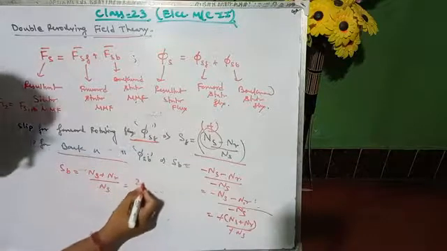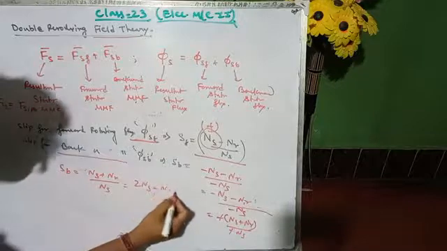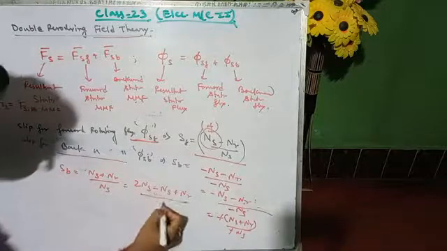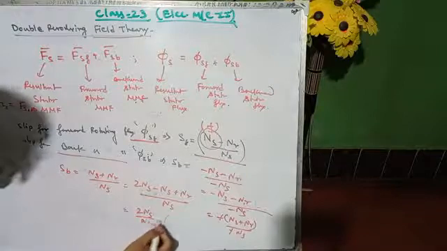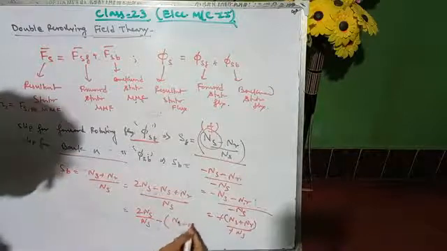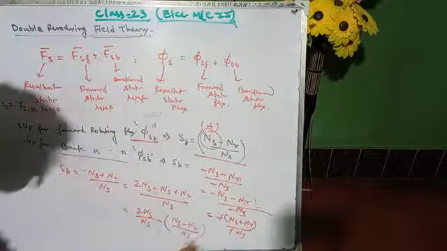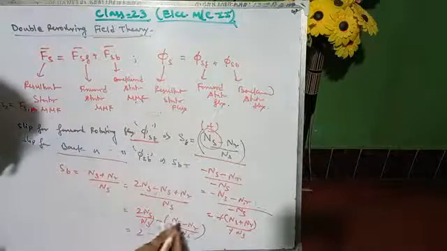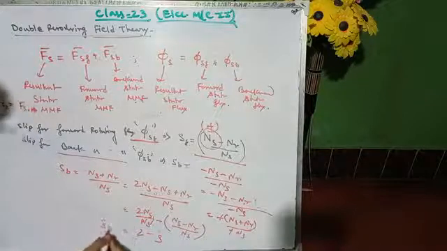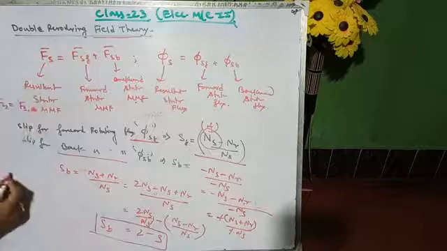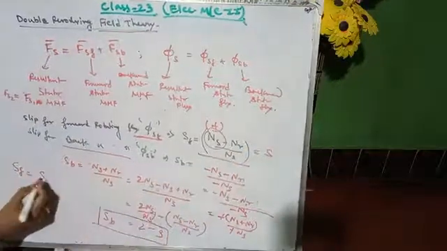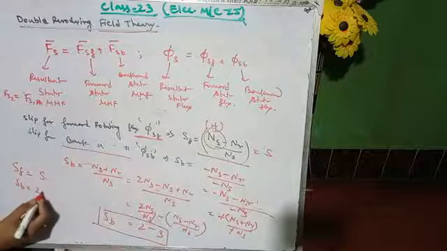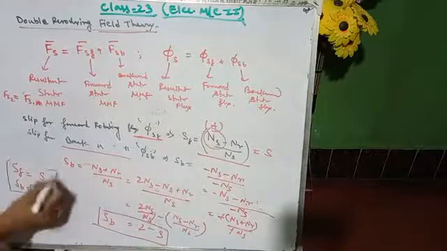So that will equal 2ns minus ns plus nr by ns. Okay, so 2ns by ns minus, taking common, ns minus nr by ns, right? So it will be 2 minus, this is your s, right? So s of b equals 2 minus s. So s of f equals, can we assign it as s? So sf equals s and sb equals 2 minus s. Okay, this proof is very much important.